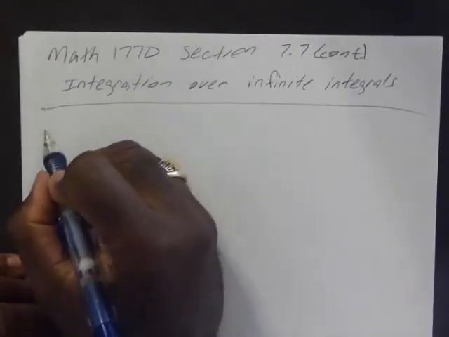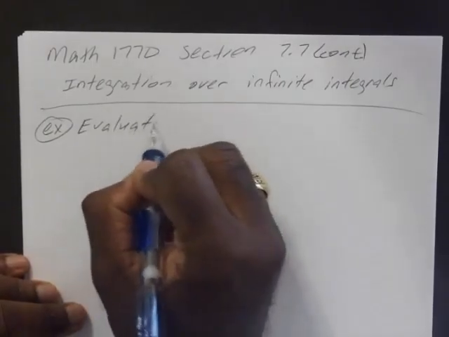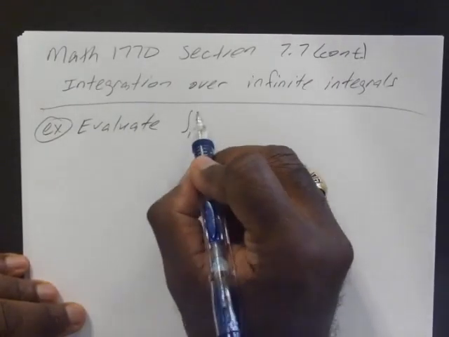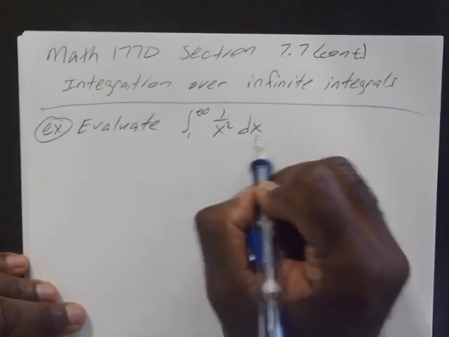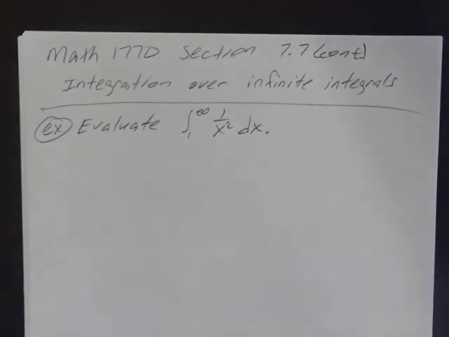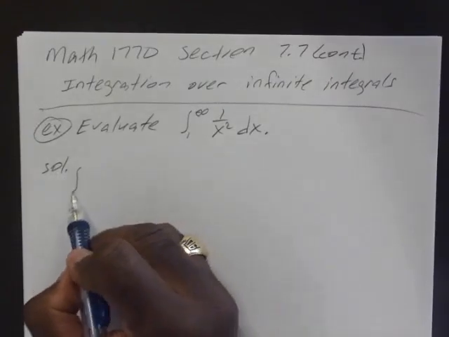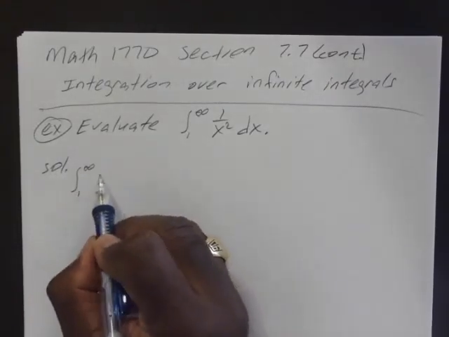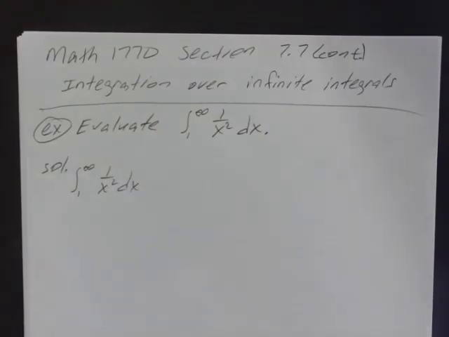Okay. So let's say, for example, if we wanted to evaluate the integral from 1 to infinity of 1 over x squared with respect to x. Okay. So if you remember, the integral from 1 to infinity of 1 over x squared with respect to x, we have to rewrite that one